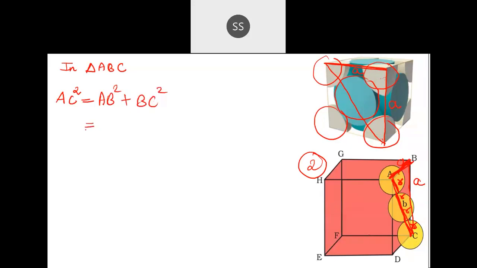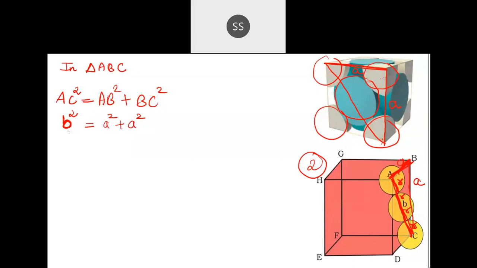Now you can substitute the values. Here this whole face diagonal, you can take as B first and then substitute later. I am considering that as B first because that length is different compared to the side. It is a little longer than the other sides. So I am taking that as B square, and this AB square is A square, since the sides are equal. So A square plus A square. Then you can substitute the B value.